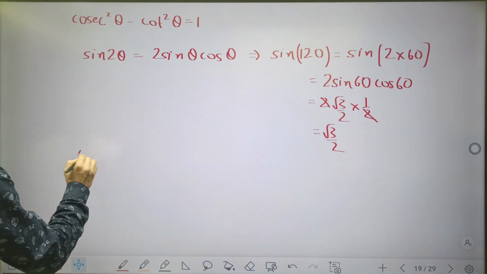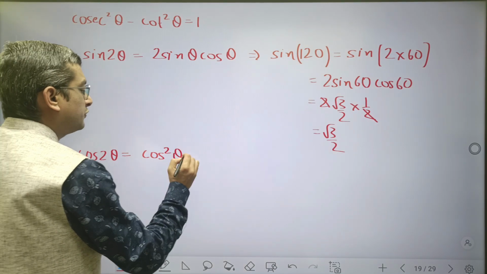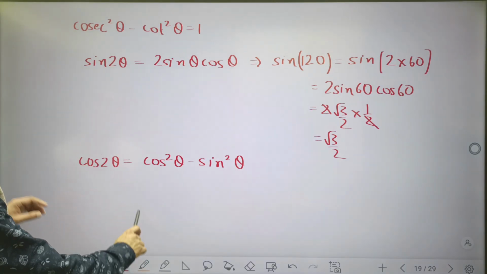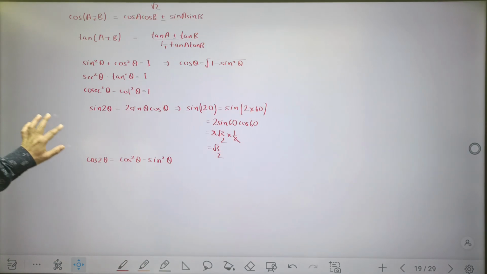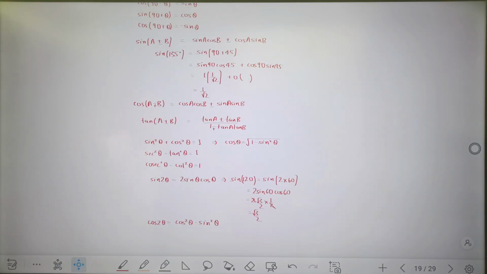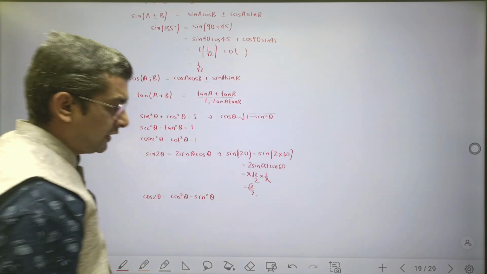Now the next formula is cos 2 theta. This is cos squared theta minus sin squared theta. So these are the basic formulae of trigonometry which are used in physics, isn't it? So you can take a screenshot. Now next,